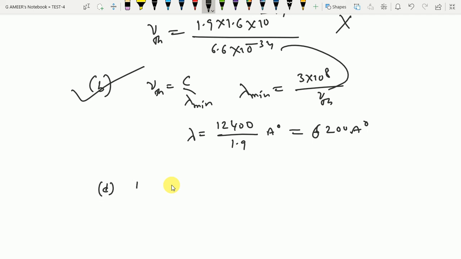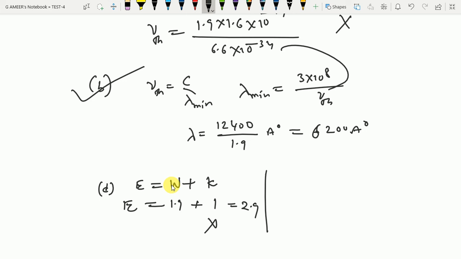Let us say E is equal to work function plus maximum kinetic energy. The kinetic energy is given as 1, plus the work function is given. With threshold frequency 1.9, the energy will become 2.9 according to the equation, but it's not this. We need to calculate from the wavelength.